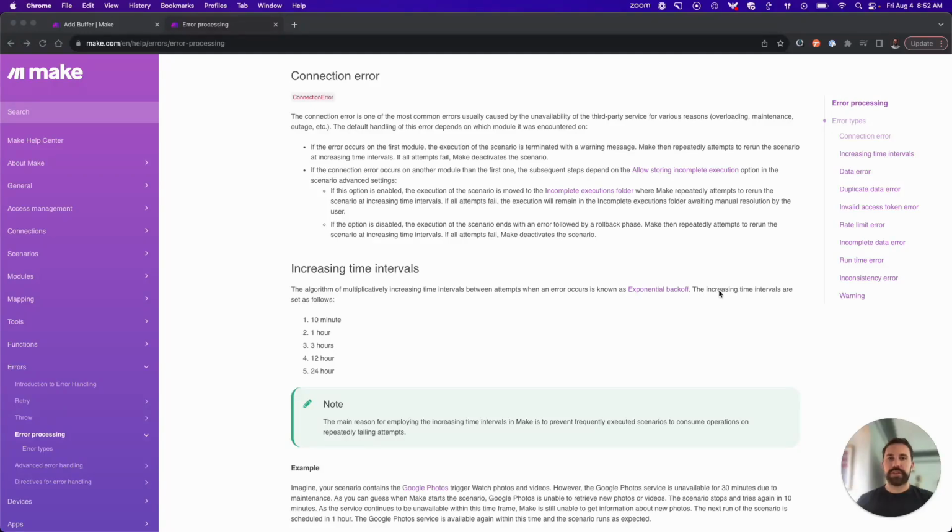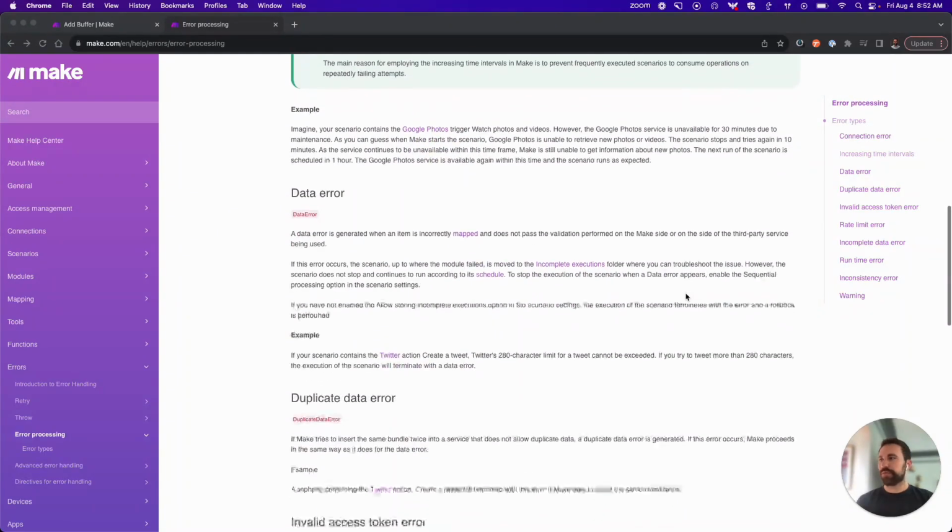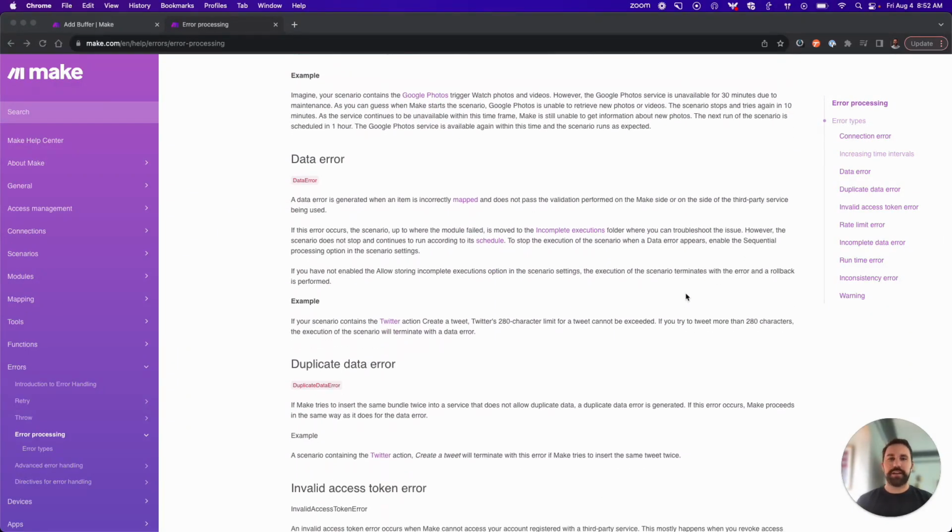The first one that we'll dive into is data errors. If we scroll down here, we'll see that a data error occurs when the item is mapped incorrectly. A common example of this is Twitter says that you can only have 280 characters with a tweet, and you try to create one with 295. So wherever that error occurs within the scenario, if you have incomplete execution stored, that will be stored within incomplete